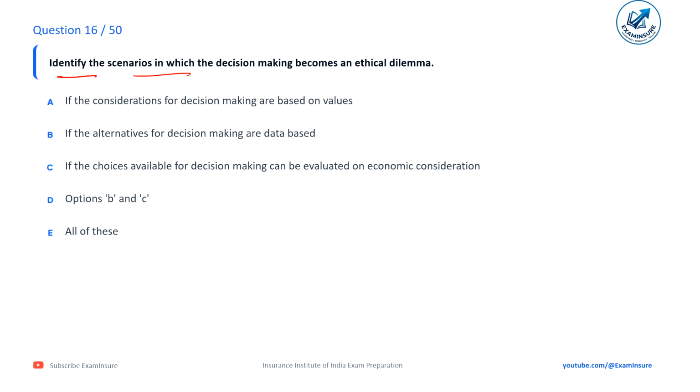Identify the scenarios in which decision making becomes an ethical dilemma. If the considerations for the decision making are based on values, if the alternatives for the decision making are the database, if the choices available for the decision making can be evaluated on economic considerations, fourth option is option B and C, and fifth option is all of these. So here the correct answer is if the considerations for the decision making are based on values, then this becomes